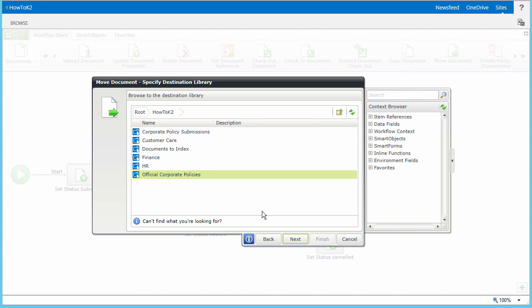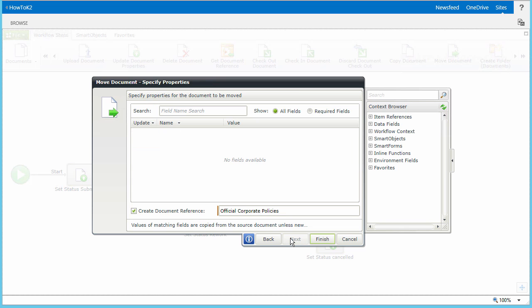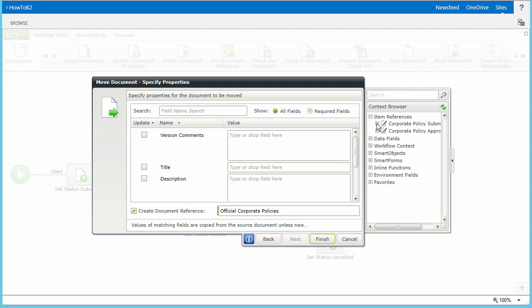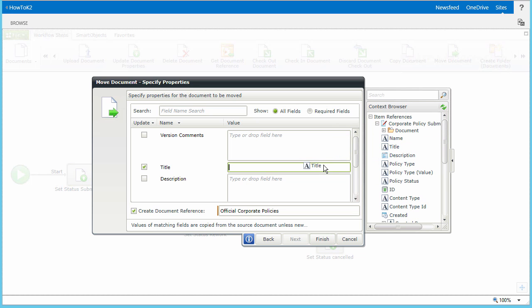Moving on to the next step, we will need to map properties from the original document to properties on the target document. We'll take care of this on the Specify Properties screen. Drag and drop the Title field from the Corporate Policy Submissions group under the Item References node into the Title property, as demonstrated on my screen here. Then you can pull the Description field of the item reference into the Description property,